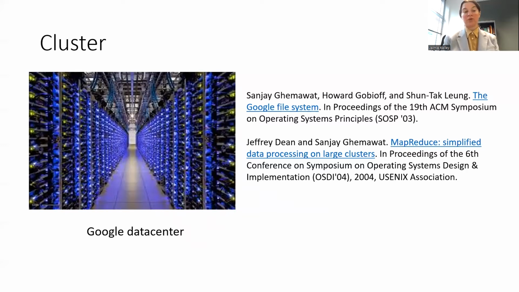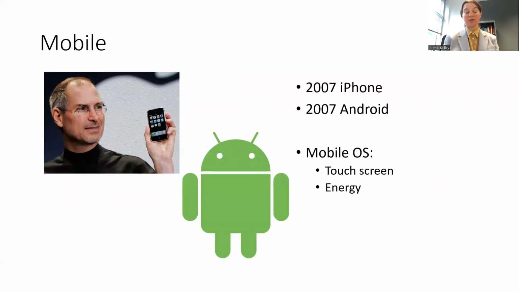In order to share work, it requires that they have some homogeny of environment, which gave rise to the need for distributed operating systems. Mobile computing, on the other hand, may only have had one device at a time, but that device had to be able to interact with the user through the touchscreen and monitor its energy usage.